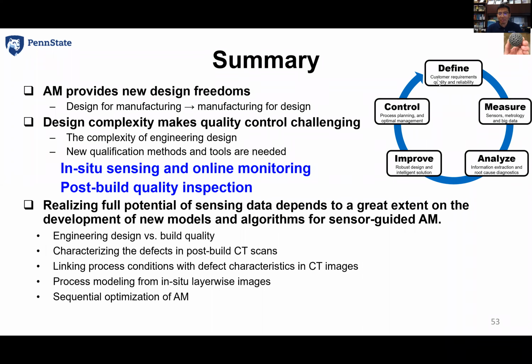I think it can also be well connected with traditional IE methods. When it comes to AM, we see new challenges, right? For example, in traditional high volume, no mix manufacturing, we have a lot of parts to quantify the variability. But when it comes to low volume, high mix or one-of-a-kind manufacturing, it's very difficult for traditional IE methodology to quantify such variability. And we have excellent researchers in the QCRE communities, and I think this is a great opportunity for us to contribute.